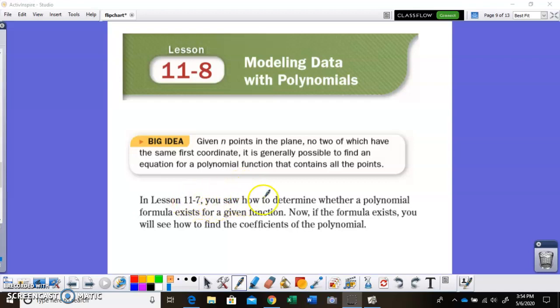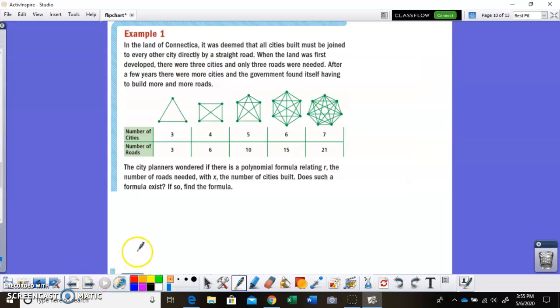So in 11.7, we saw how to determine whether the polynomial actually exists with degree 5 or less, basically. And now, if the formula exists, we're going to see how to find those actual coefficients, the a, b, and c value. So we're going to take a look at this very first example,